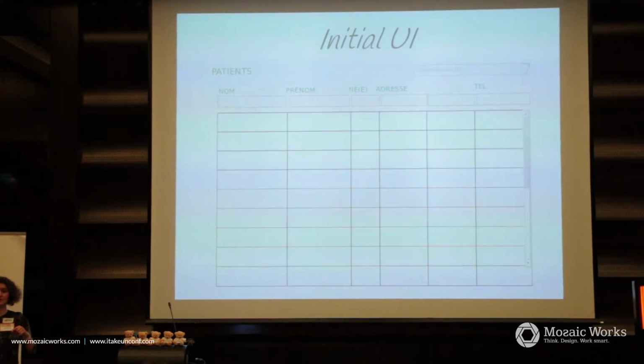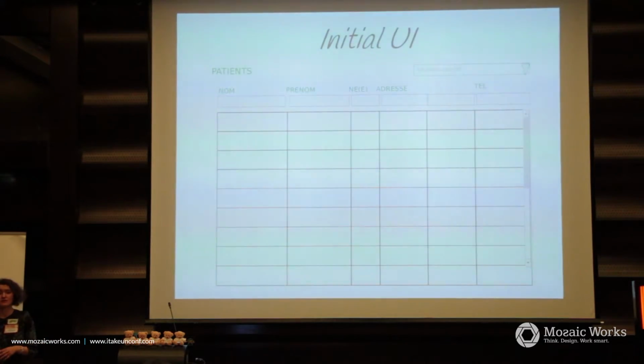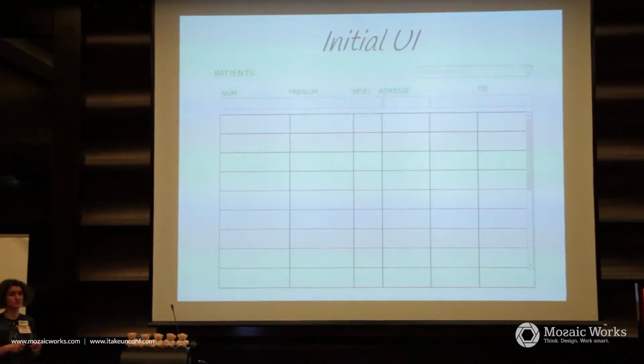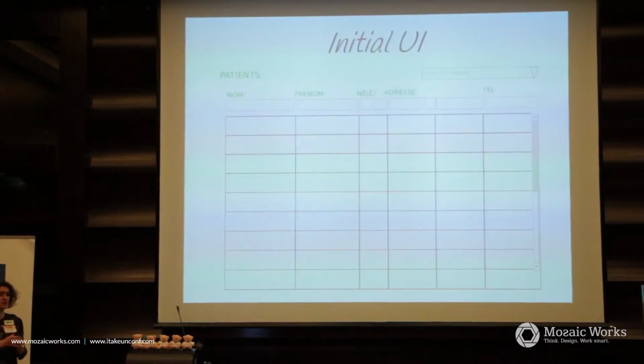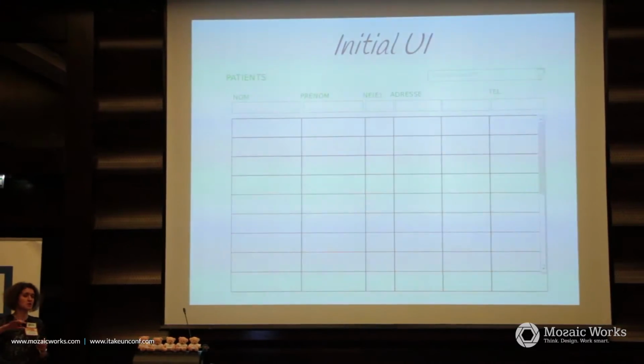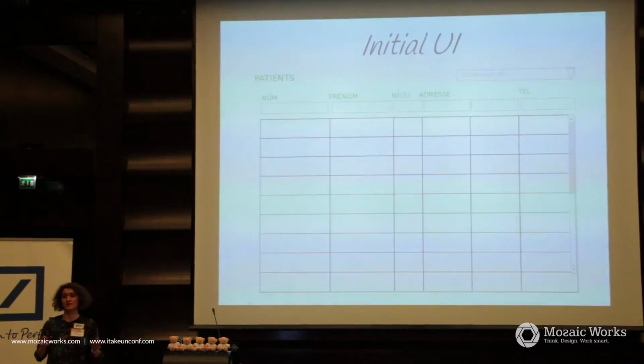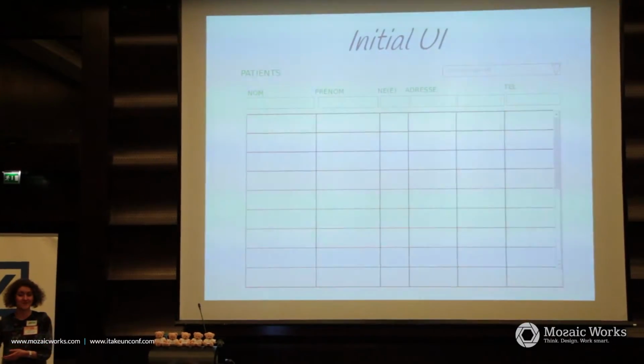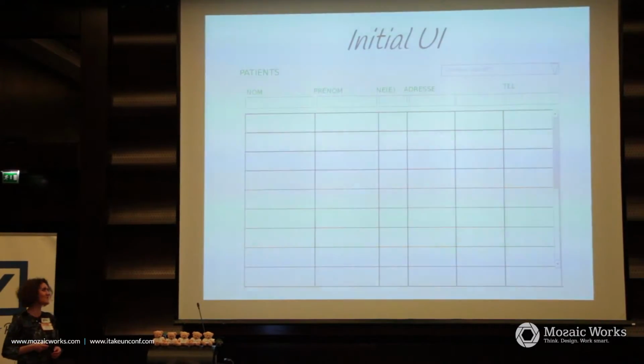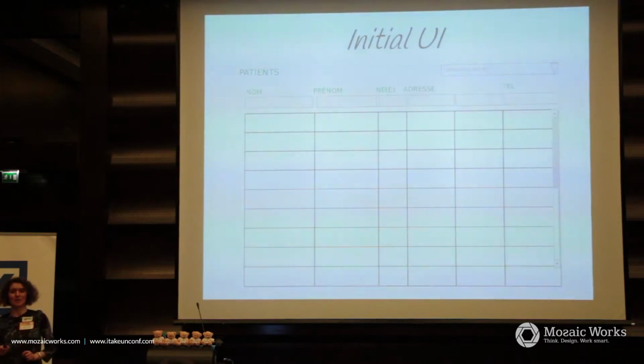And he says he wants to see the patients filtered by name, first name, last name, birth date, city, and doctor. He just said that he wants to search also by partial first name, last name, and city. And that's it. It's just a half-an-hour meeting and I have to get back to my code and solve it. But from experience, I know that I have to do more analysis